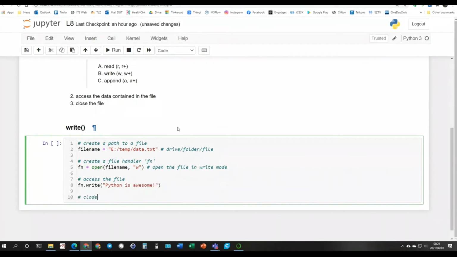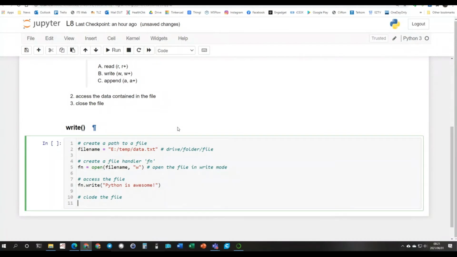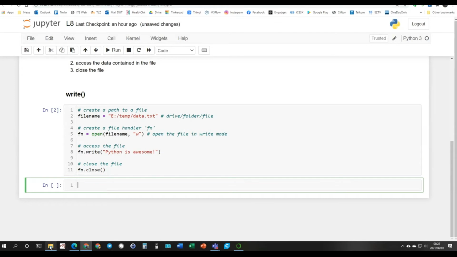Finally, we need to close the file, otherwise we will not be able to open it again using any other program. And to close the file, we simply type fn.close. So we use the close method to close that file. If I run this code,